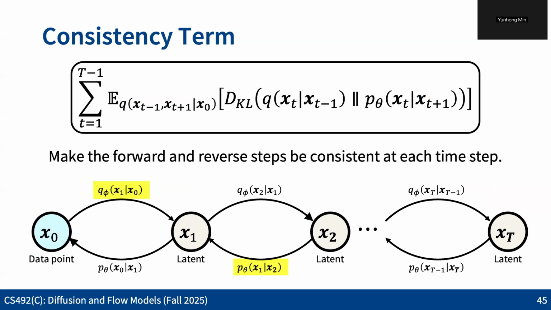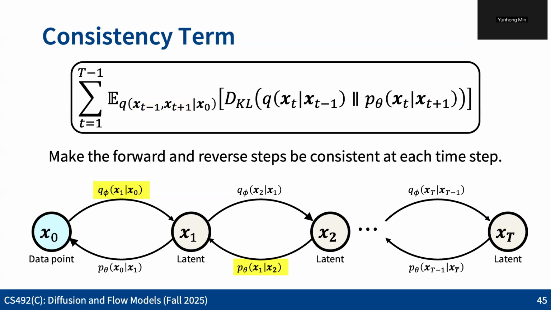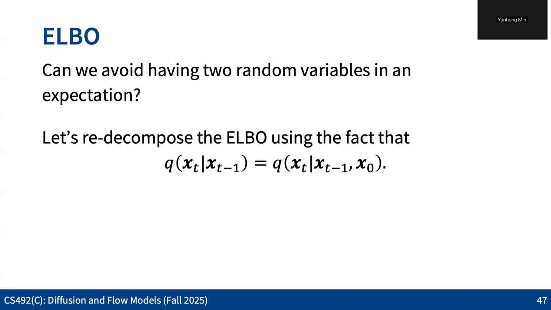The problem is that, as you can see, this term involves two random variables. We have the two latent variables here, and maximizing this term is computationally very expensive. So actually, we are not going to exactly compute this term. We are going to consider the other way around, to decompose the ELBO into other terms based on this fact. Can you see why these two are the same